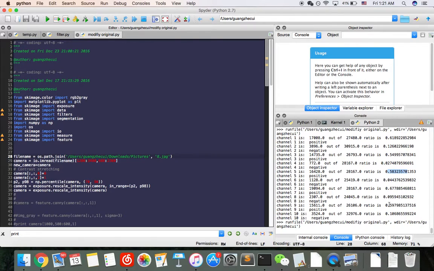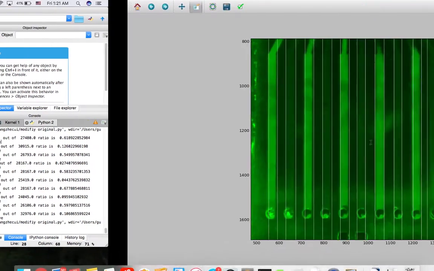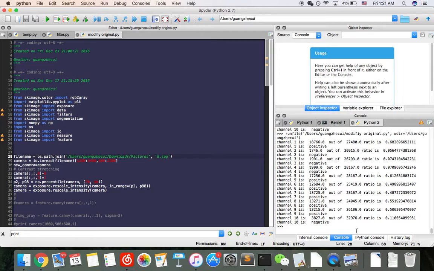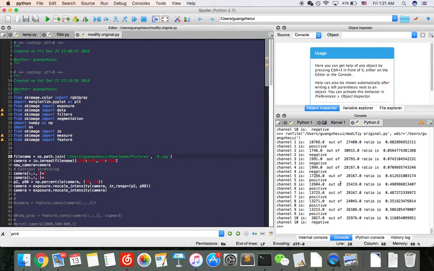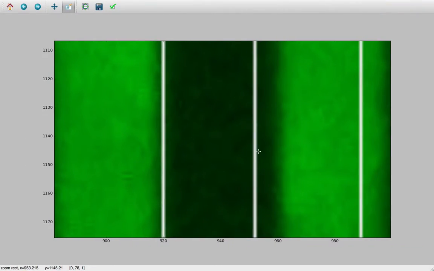You can see here this is almost bigger than 0.5, most of them. Okay, positive, negative, negative, negative, positive, negative, negative, negative. These two should be positive. As you can see here, this is positive, positive, and the problem comes in the later part. So we want this part to be, just a second,